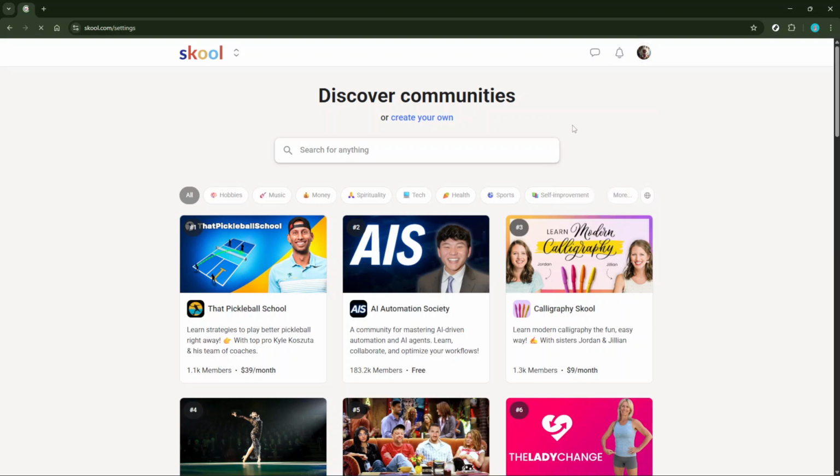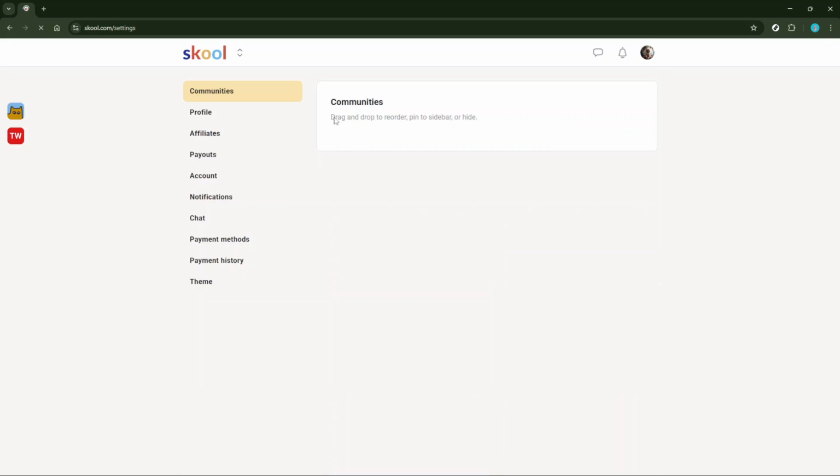And for our purpose today, you also want to navigate to the Communities tab. This is where all the communities you've joined are displayed, making it easy to review your current memberships. Now, scroll through your list of communities until you find the one from which you wish to part ways. Next to the community name, you'll notice a Settings option. Click on this to enter more detailed settings specific to that group.